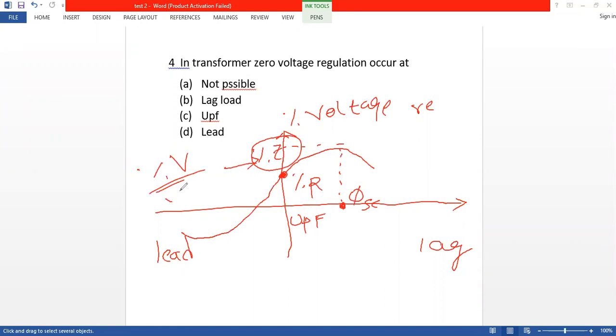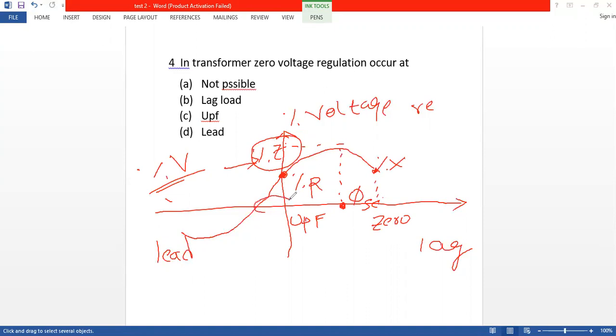If you do the short circuit test, you will get this analysis. Suppose percentage Z is 6%, then you require 6% of total rated voltage to make rated current flow during the short circuit test. Percentage Z represents the maximum voltage regulation possible. Now at 90 degrees, at zero power factor lag, the voltage regulation is percentage X.